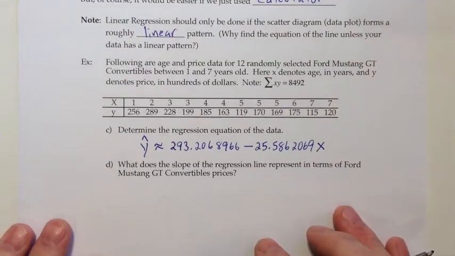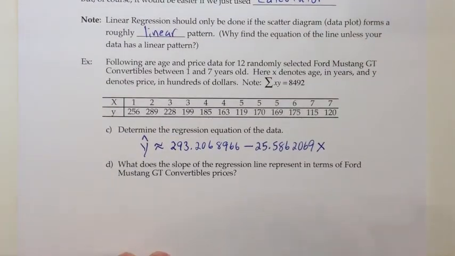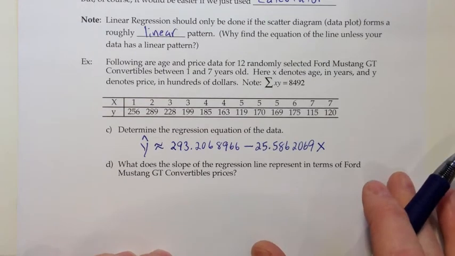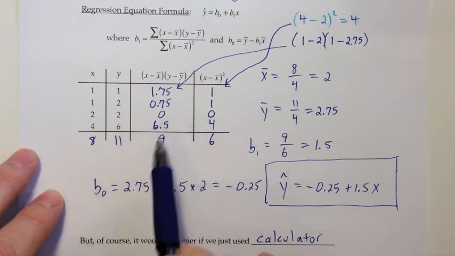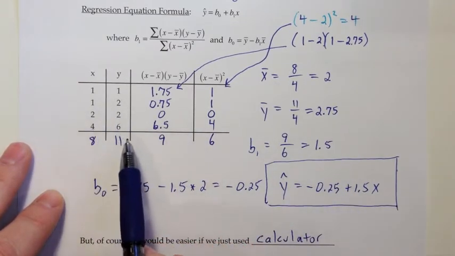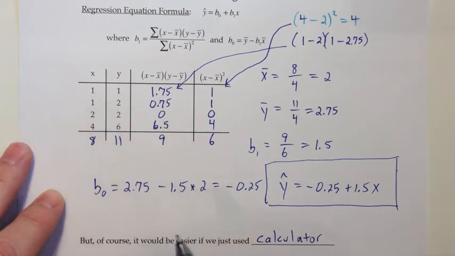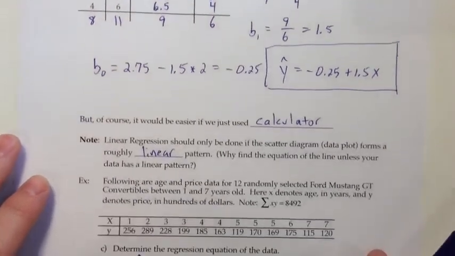Alright, so that was a lot easier than if we had done that by the table. The table that we did up above, just let me show you that again. That was a lot of work, and that was only 4 ordered pairs, and the ordered pairs were just single-digit whole numbers. So you can imagine if we were doing this